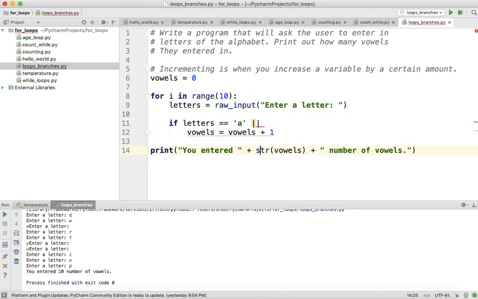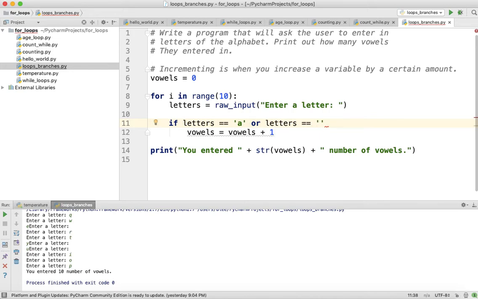So we have a couple more operators. Let me go ahead and put it right here, right? We have Boolean operators, and we have or. I'm going to put here or, and. Oh, I'm sorry. No. In Python, I was thinking in Java, right? So, no, we're going to say or. We just write down the word or. And we also have and. Okay. So I want to put here if letters is equal to A, or letters is equal to the next